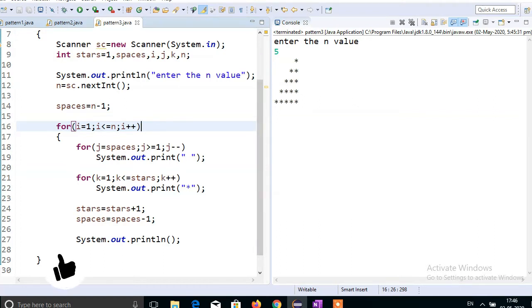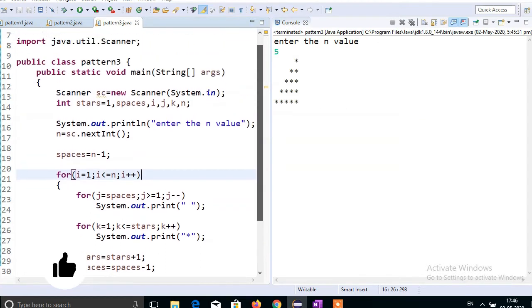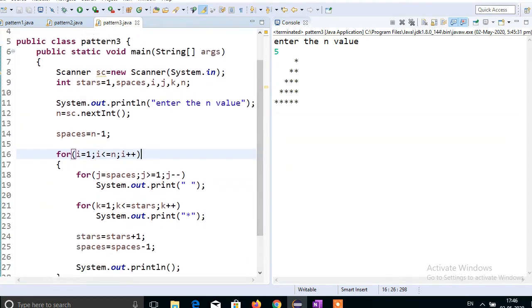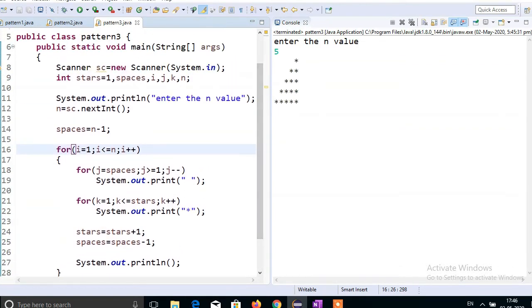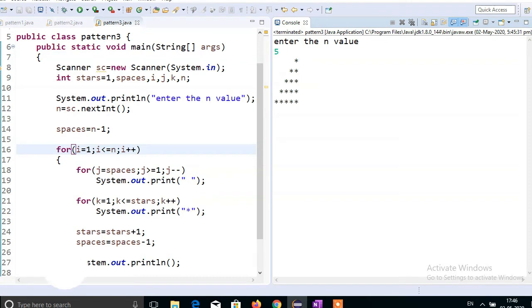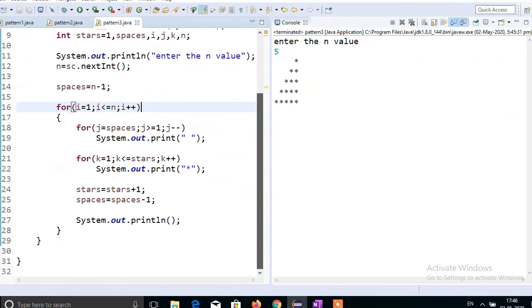What is that now? If you observe this one, it will be printed like this. Each and every row will be incremented by 2: 1 plus 1 is 2, it will print 3, it will print 5, it will print 7, it will print 9. So where will it be changed?